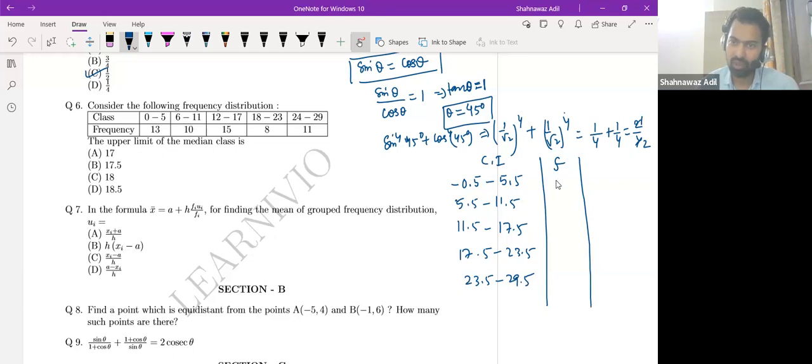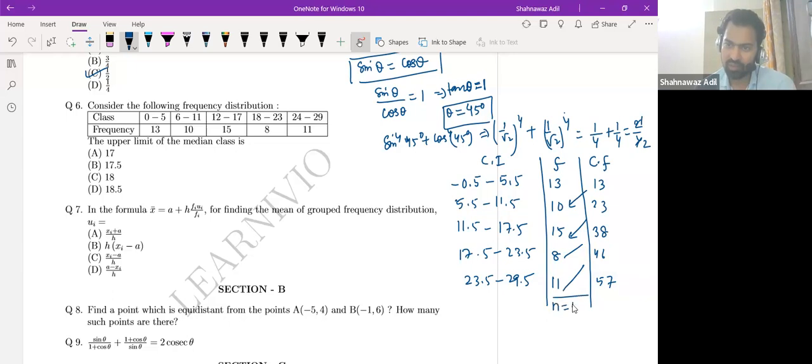So some of you guys wrote something here: 13, 10, 15, 8, and 11. So what would be the cumulative frequency? This would be 30. This would be 23. This would be 38. This would be 46, 57. So this is n, which is 57. So n by 2 is 27.5,